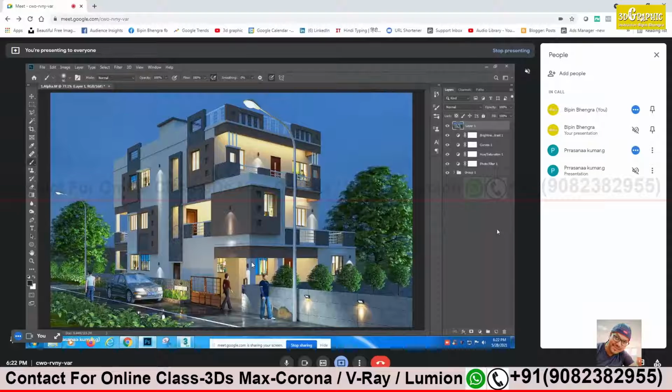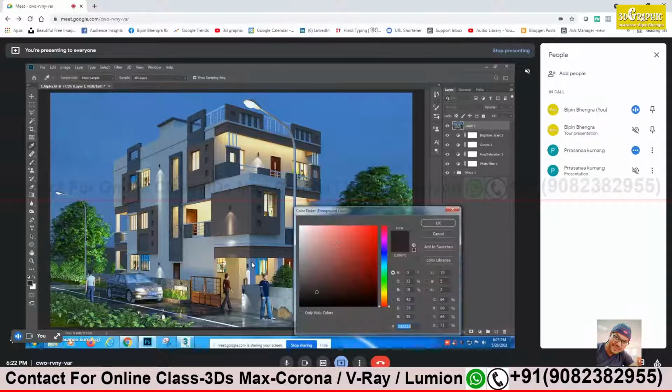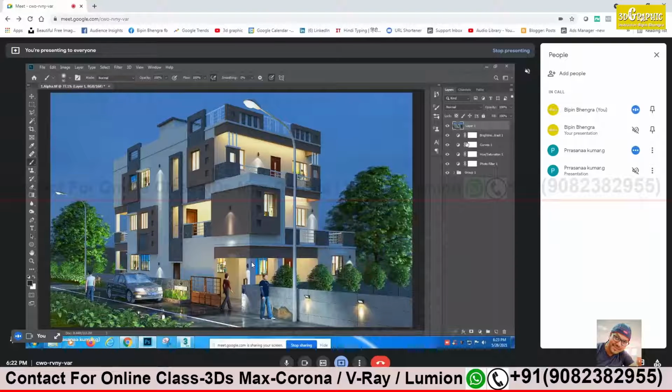Then the next. You tell me what is left. Next we can give the bloom effect. Yes, go ahead. First group this layer. No, close that group, everything. The newly created layers. Group that. Yes. Now create a new layer. I will try to give a bloom effect to these lights. Yes, now all the light sources will get a bloom effect.